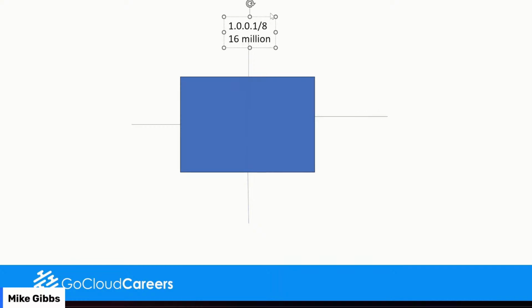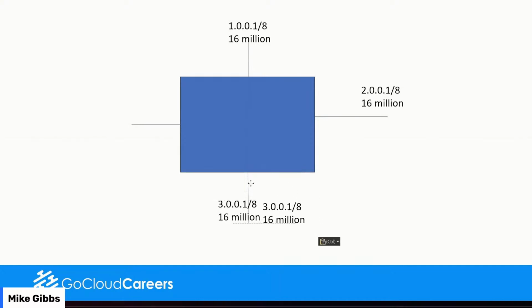Mind you, we don't have that many of them. Now, let's say on the next link, I made this 2.0.0.1. I burned another 16 million addresses. Can't use them anymore because I can't have more than, say, 500 systems on a single subnet. And now I put this as 3.0.0.1. Now I burned and wasted another 16 million addresses for that port. And now I'm going to put this as 4.0.0.1, and this was a Class A address. So now I burned 64 million IP addresses all on a single router with 4 ports.